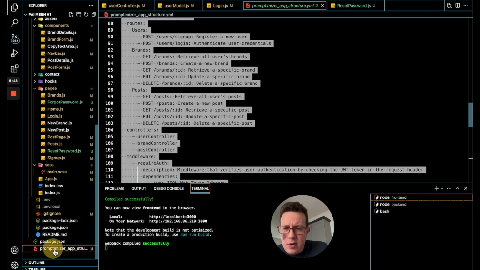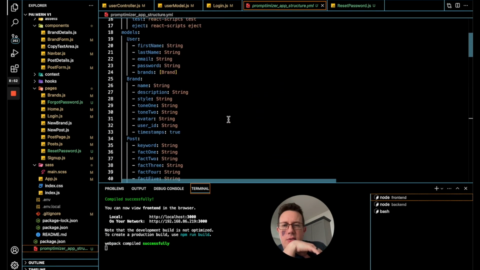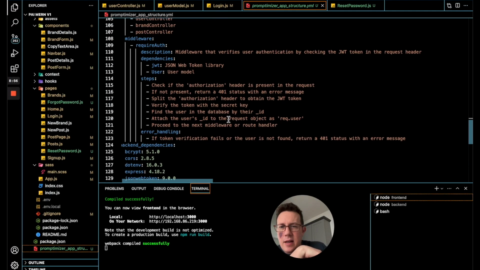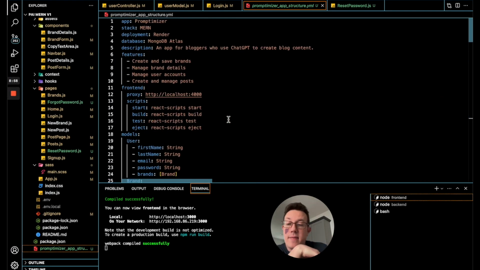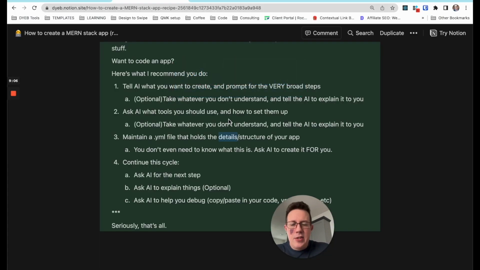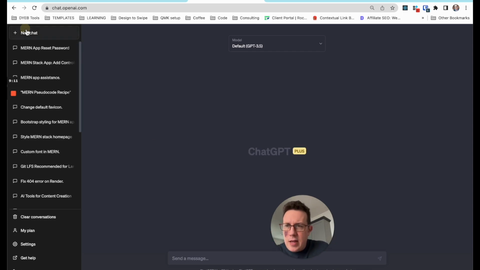You can kind of see where this would be useful. So here's my app, right? It's got just a bunch of details on everything. I don't know what a lot of this stuff is. Well, I do now that I've actually built the app, but I would have had no clue two weeks ago. The purpose of this is so you can copy and paste into ChatGPT, and you can tell it,